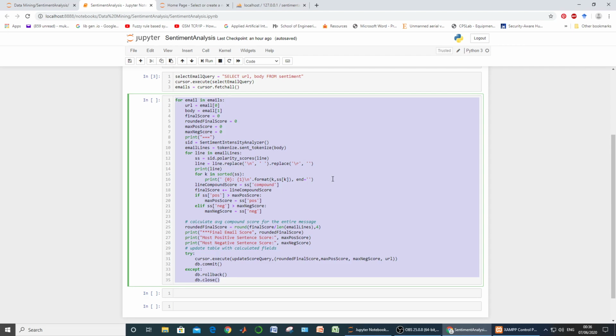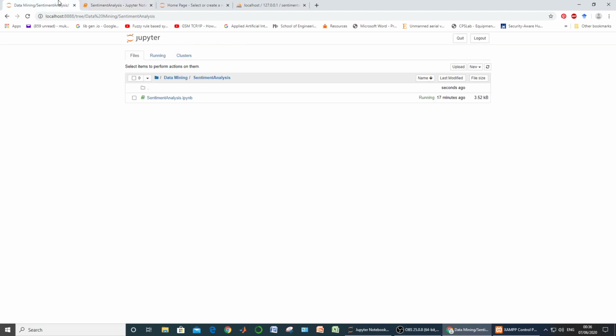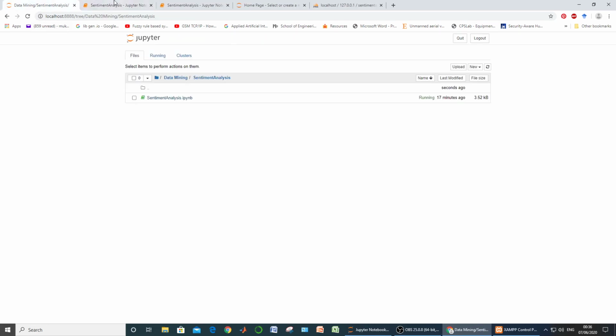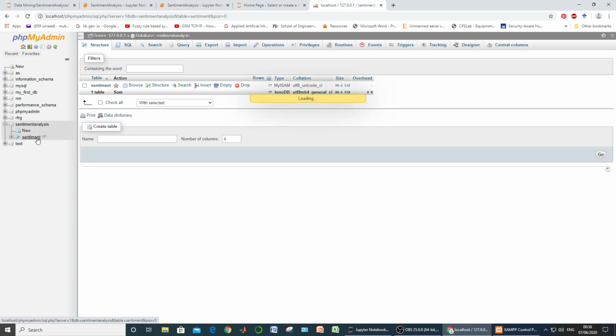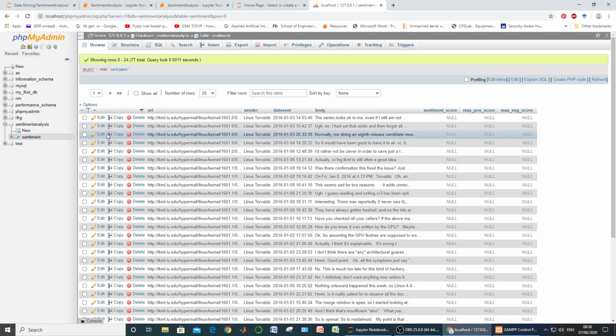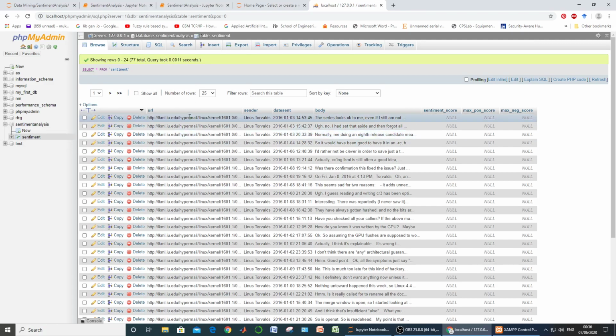If we just observe our sentiment table, here it was. This is our sentiment analysis database, and within the database this was our sentiment table. So this is URL, then sender, then date sent, then body, and these three fields were blank.